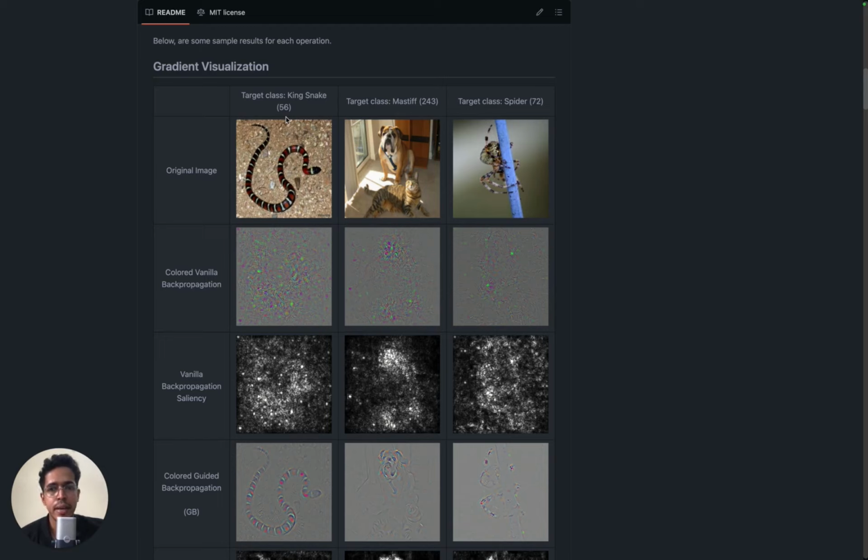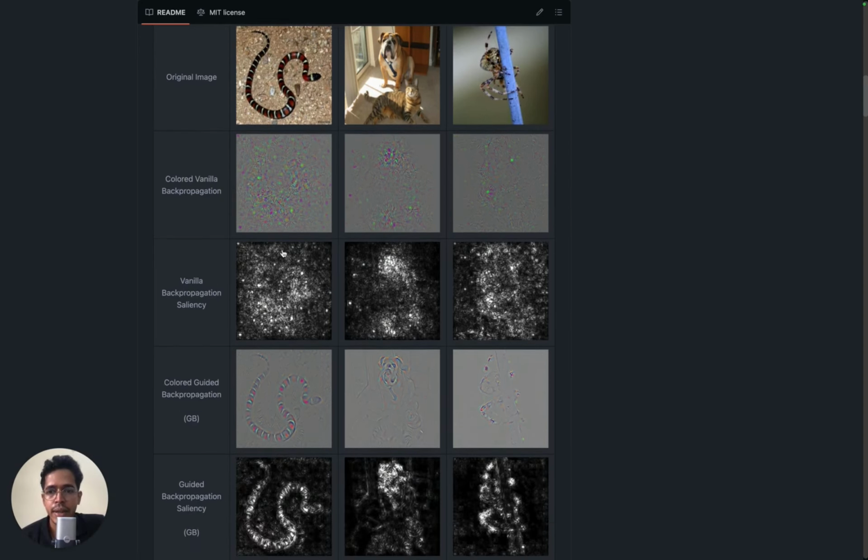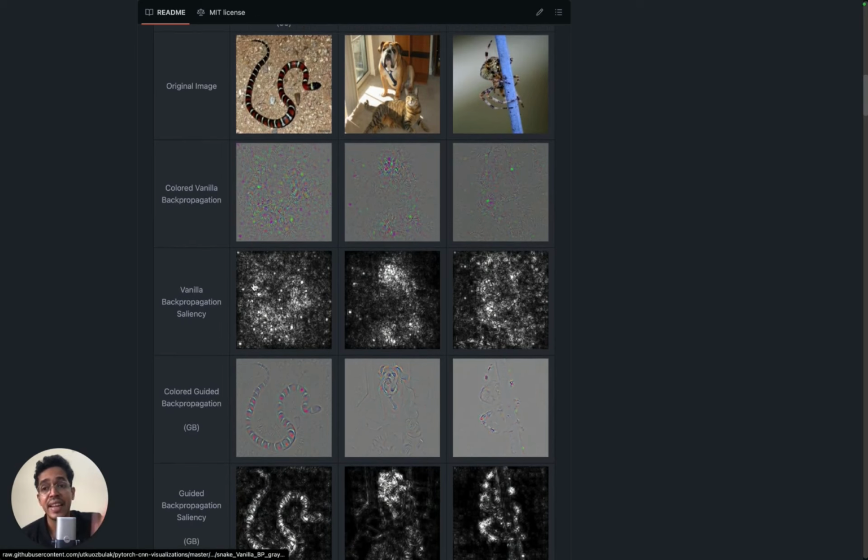And see how it affects the output. And the output is the classification, the target class: whether the target class being king snake will change to something else, whether the target class being mastiff will change to something else, or spider, whether that will change to something else. That's the idea. So this is the original image, and what is shown here is the result from various